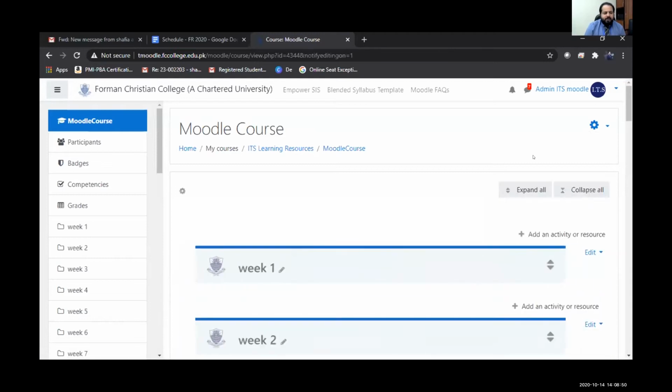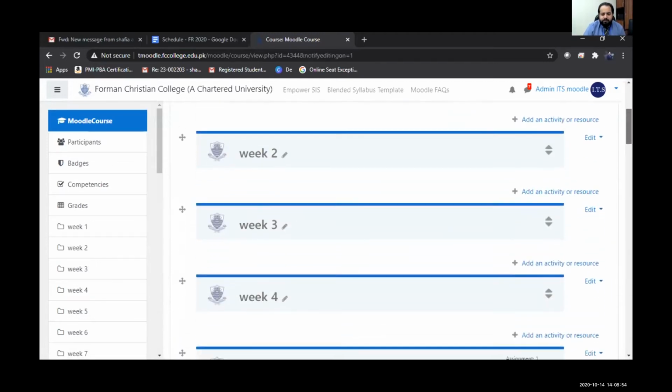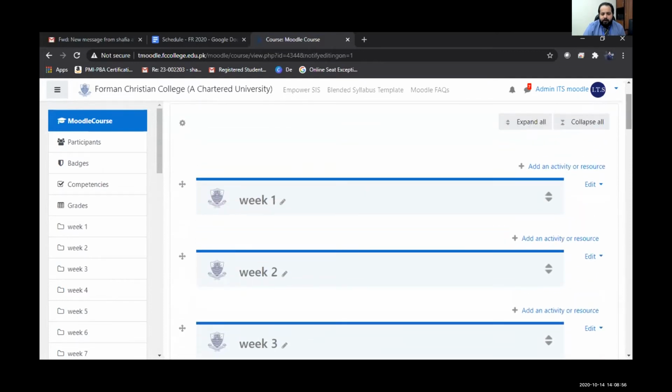As soon as I click on turn editing on, my interface changes. Now I'm going to create a Microsoft Teams session in week 1. So in week 1, I'm going to click on add an activity or a resource.